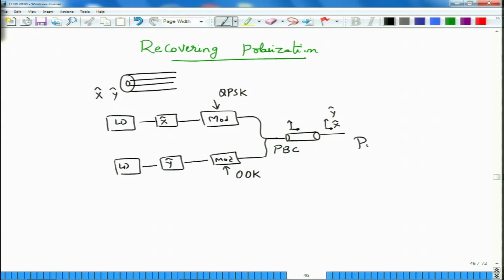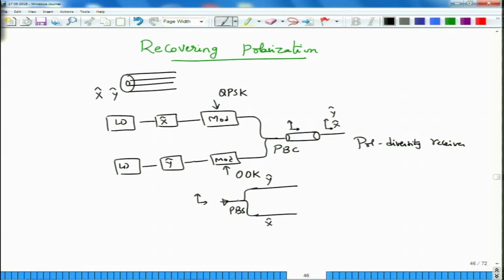And for that we use what is called a polarization diversity receiver. Okay. What is a polarization diversity receiver? In simple structure, that one would look something like this. So, this is a signal that is coming in which has both polarizations X and Y, and what we do is that we keep a polarization beam splitter. So, we actually keep a polarization beam splitter and direct the Y component in one of the directions and the X component signal in the other arm.